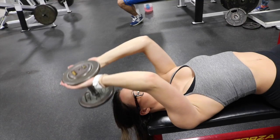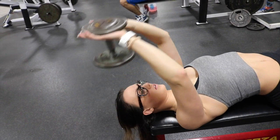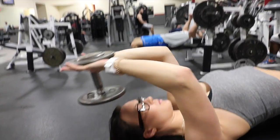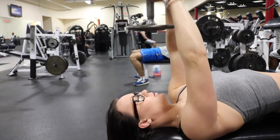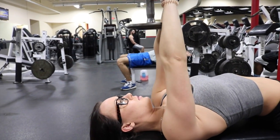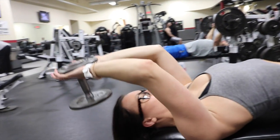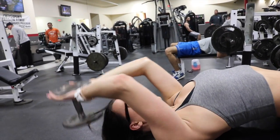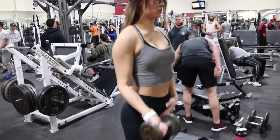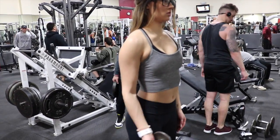So here I'm doing overhead tricep extensions, just laying down on a bench, and watching this back, I actually realized that I was bringing my dumbbell down much too far. It's easier if you use an easy curl bar, but my gym actually doesn't have barbells, so I had to stick with the dumbbell for today. But ideally, you should be bringing the dumbbell or the easy curl bar down just